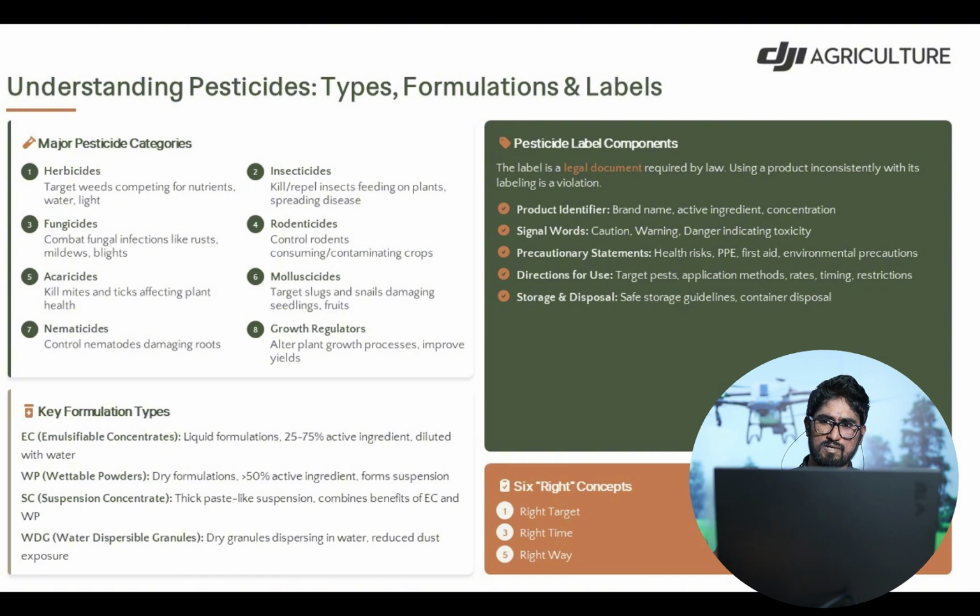Right, okay. Now let's move on. Have you heard about the 6 rights concept in pesticide application? Under PIPS, this is the right way. Here, this means drone applications. So when we are using drone applications, we must target the right pest, and we should consider the right time, right pesticide, right dose and right quality. Otherwise we cannot get the best benefit from our applications.